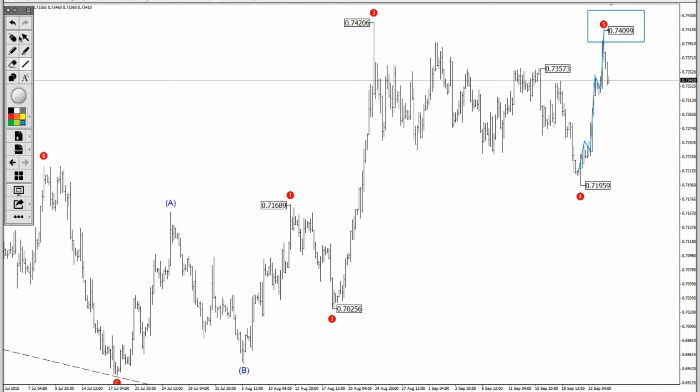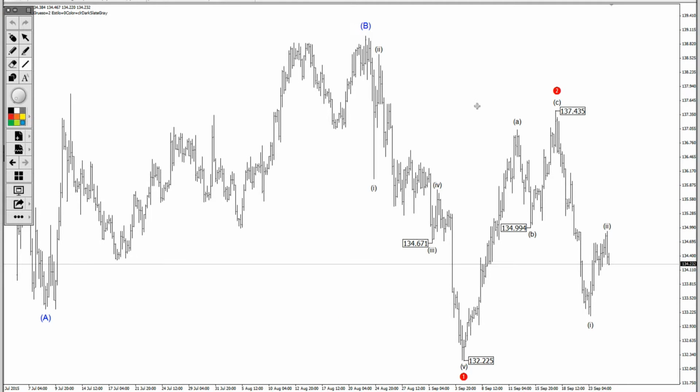Okay, next we have Euro Yen, and Euro Yen has also declined slightly. I have labeled this latest decline and push higher as waves 1 and 2 on a sub-minute degree. I have talked before that possibly the degree in my Euro Yen count is 1 degree off, so I have been meaning to correct that, but haven't done it yet because it's not a big issue